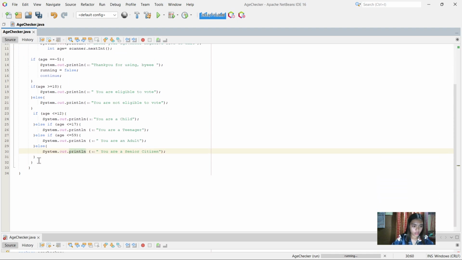Then after that, you have to close the method to close the input.